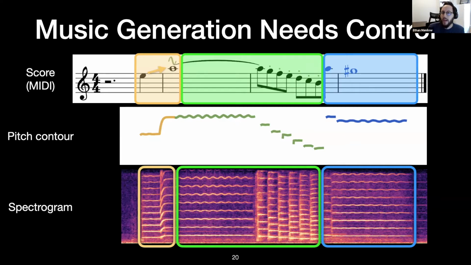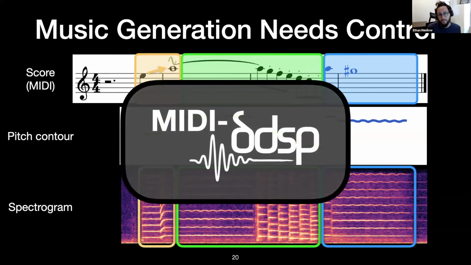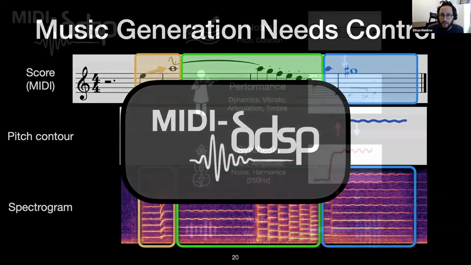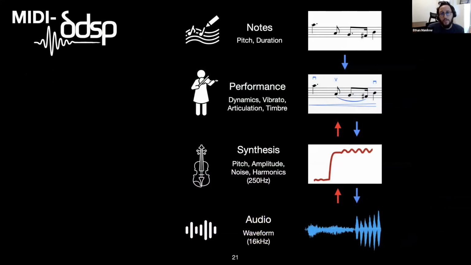So these are the types of edits that musicians want to be able to make when they're making music. So the question is, how can we make generative models that enable these types of controls? As a matter of fact, both of these excerpts were output by our model, MIDI DDSP. So let me dive into how this works. As you just heard, MIDI DDSP can turn a musical score into a realistic sounding synthesized performance while also enabling detailed control of that performance.